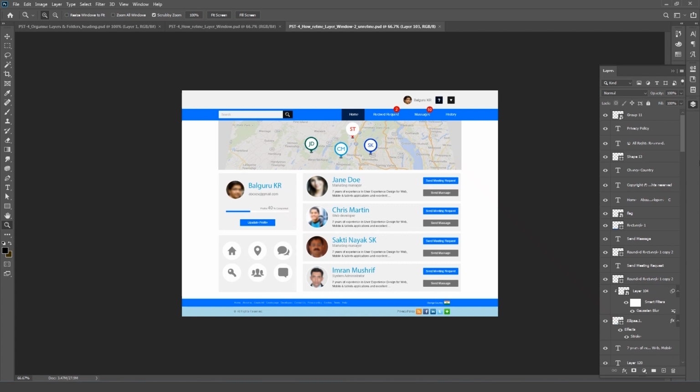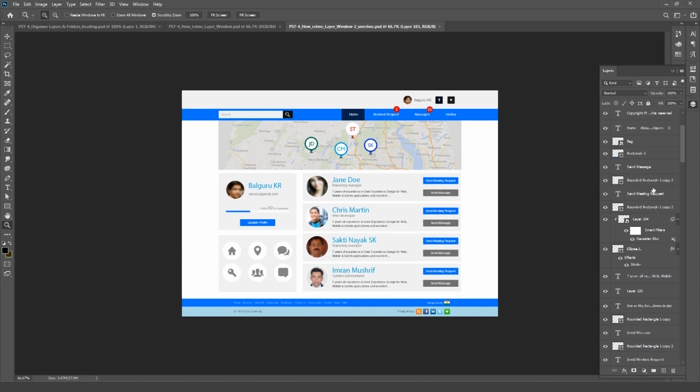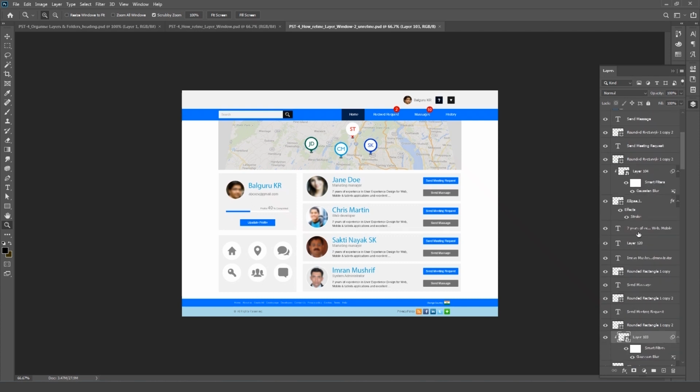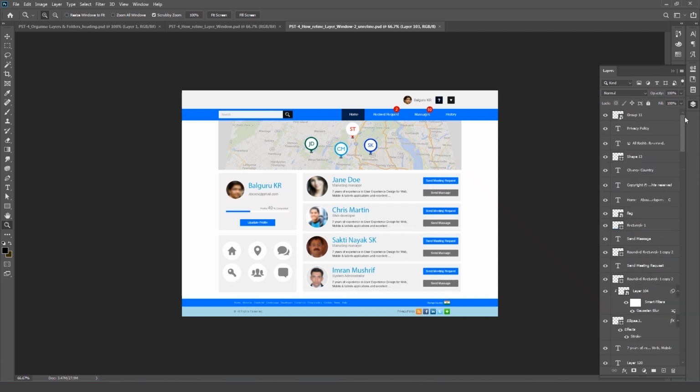So here we are going to create a few groups, and under them we are moving all the layers. At the moment we are not giving much detailed names to all the layers, but we will keep them under the groups in such a way that we can easily modify or update the designs in future.